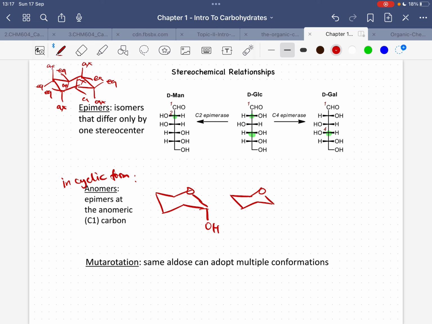So in here, if the hydroxyl group is in the axial position,